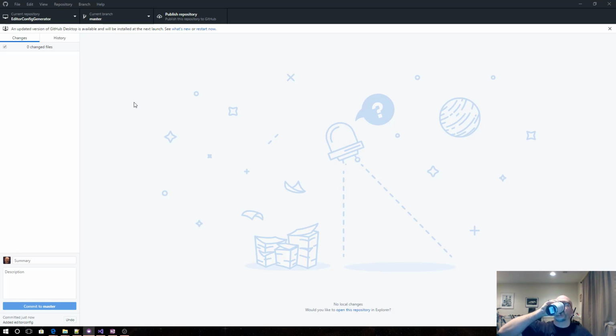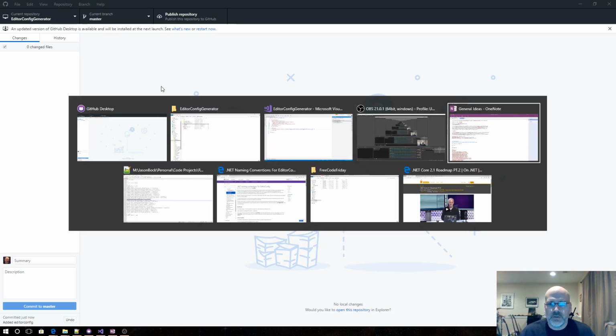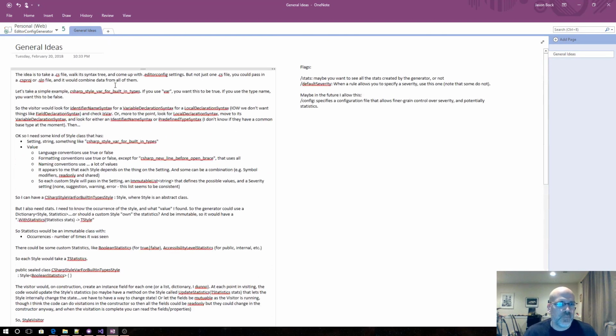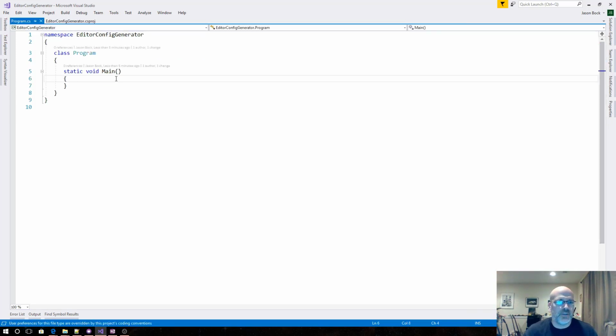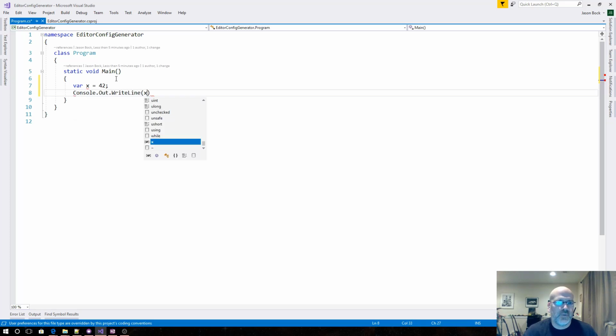Okay, so what do I need for stuff? Well, if I come back to my notes here, I was having the idea of, for example, I do want to pick the var one first. Because I don't have a lot of code here, this might be a little tough. But if I just throw something in here and say var x is equal to 42, Console.WriteLine x. Okay, well, if I go into the syntax visualizer here,